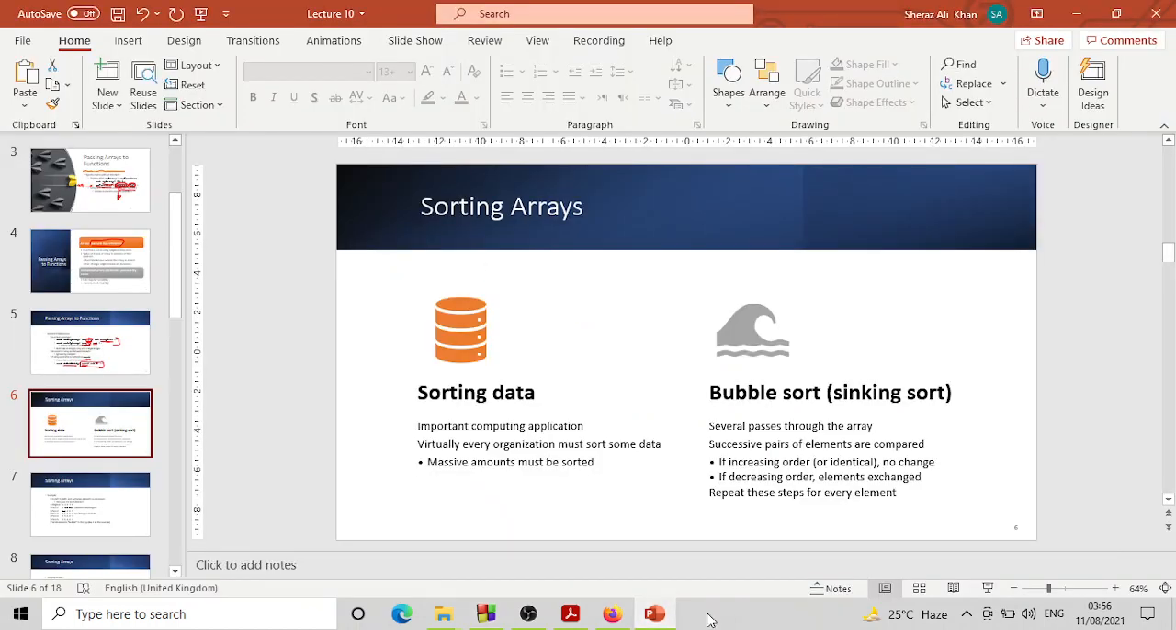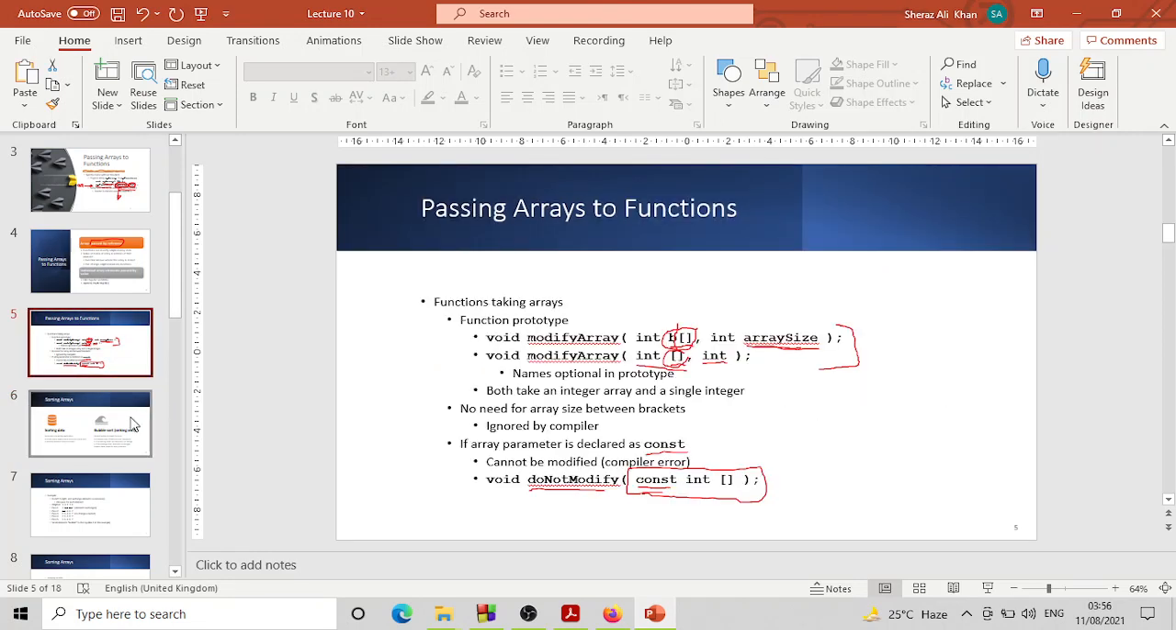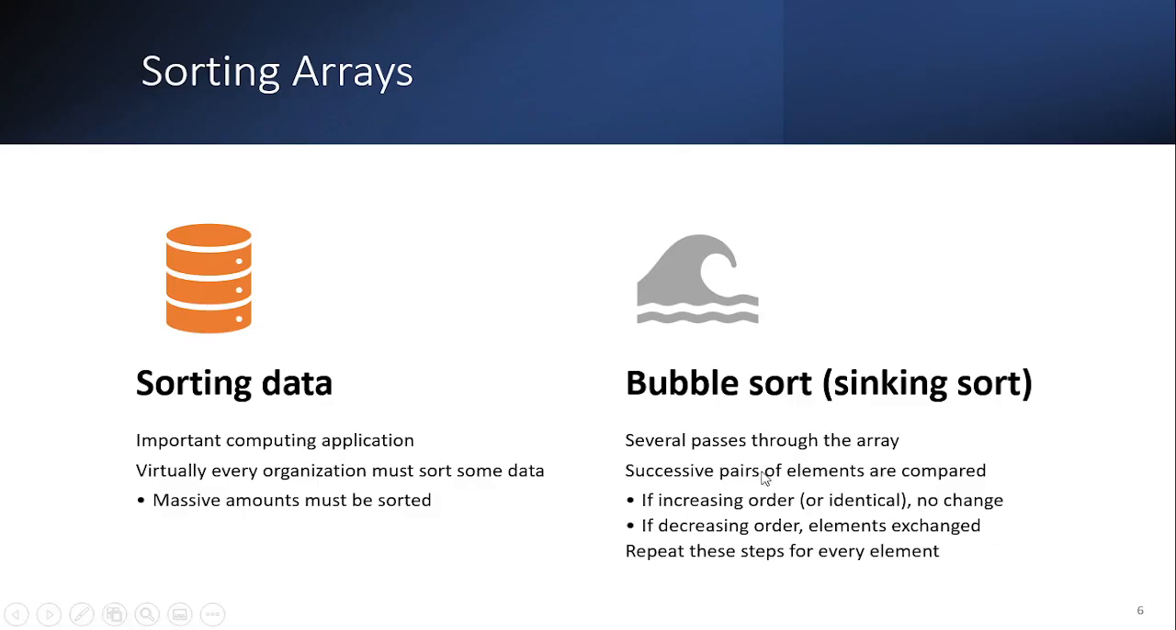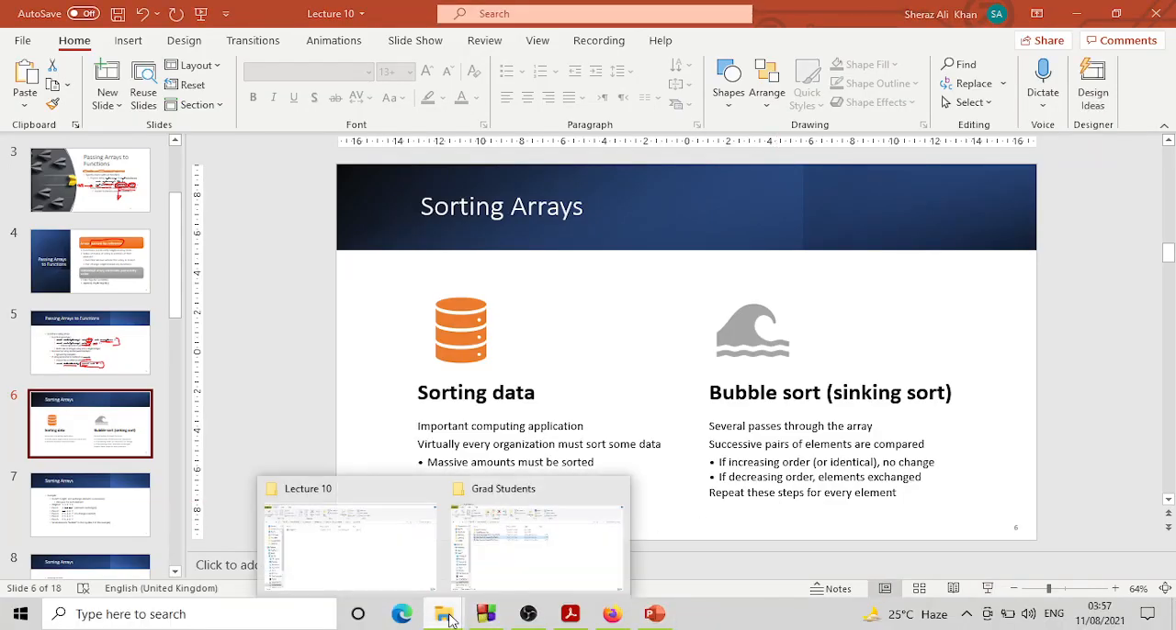Okay, so up until now, we've talked about passing arrays to functions and how that works. The next thing is that one very important computation that we perform on arrays is sorting. So we want to sort arrays in, say, ascending order or descending order, and it happens in almost every application. So say for example,